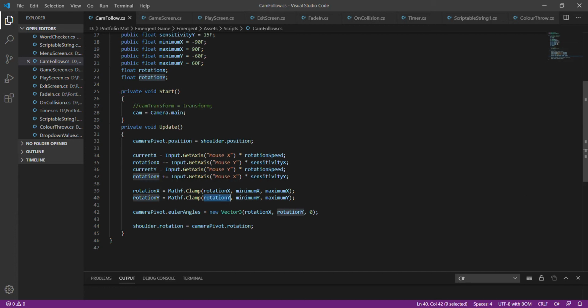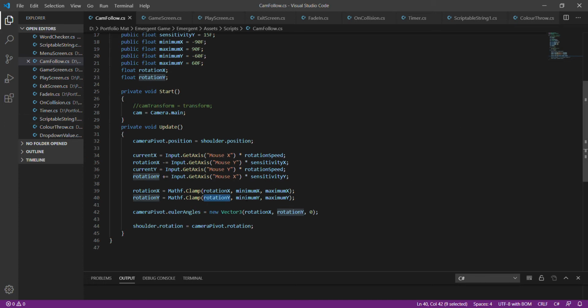The reason why I interchange them is because when I was assigning rotation Y to be mouse Y, then the opposite was happening. So I gave it a plus equals, meaning the rotation Y continues to increase with the mouse X sensitivity, but only at 15F, and once it achieves the 0.15 float, it stops right there. So the idea is that the player can only look up and down till 90 degrees and till 60 degrees,